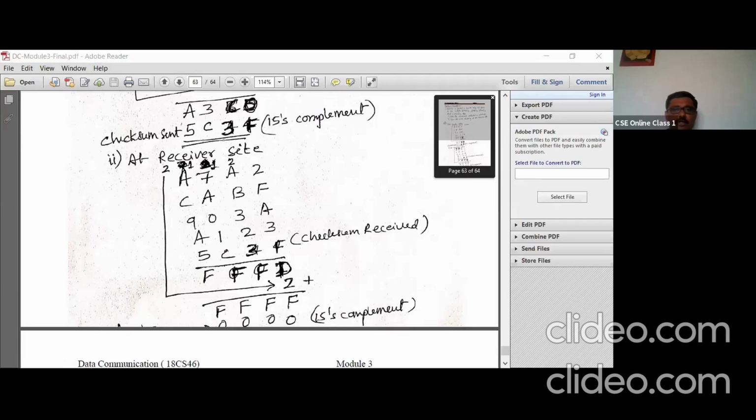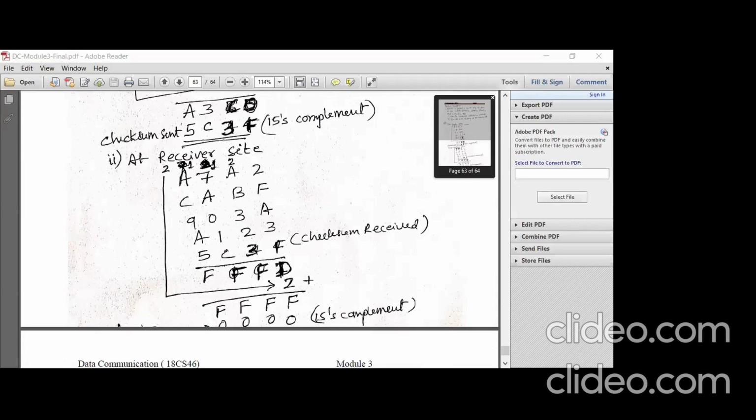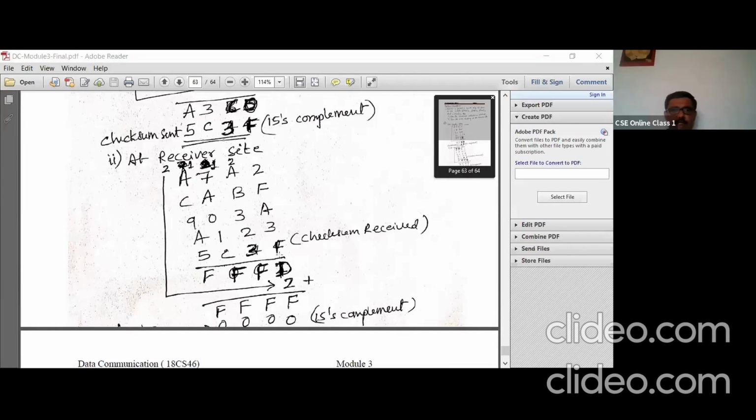Are you all working out? Yes, sir. So A123 is received as A145. You have to just change this and recompute.